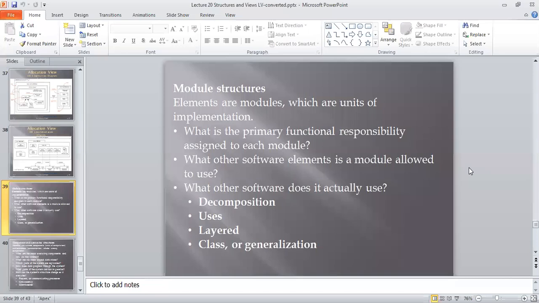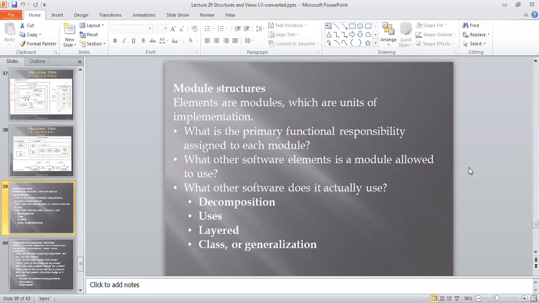The third question is related to this: is the software externally used or not? Suppose there is an attendance monitoring system, we have to check the impact on that overall system, how it works internally and how it works externally. Overall, these three answers relate to how the module structure is designed.